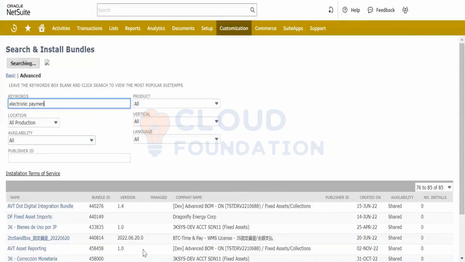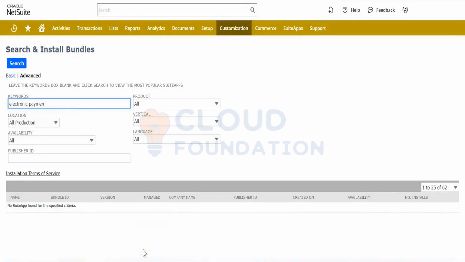You can search for that. And that is a bundle that you have to install for that as well. Electronic payments EFT, something like that. There will be a bundle or